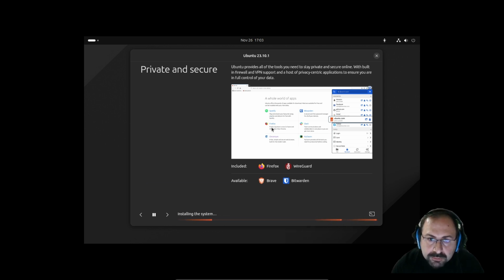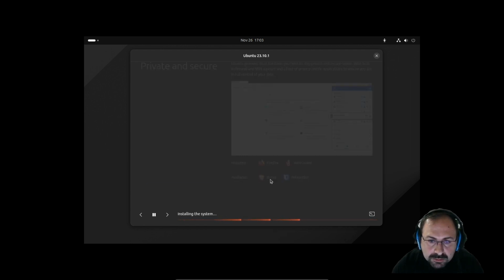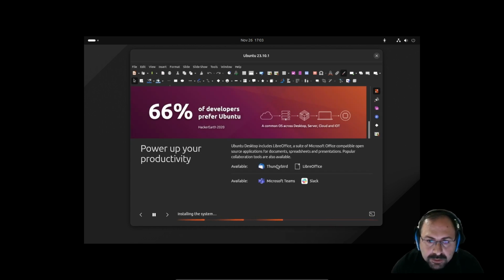And Spotify, Firefox, Chromium browser, Bitwarden, Slack for messaging, PyCharm for Python coding, and WireGuard for VPN, Brave browser, Thunderbird for email, and LibreOffice for all your office things. Also you can use Microsoft Teams and Slack for team messaging.